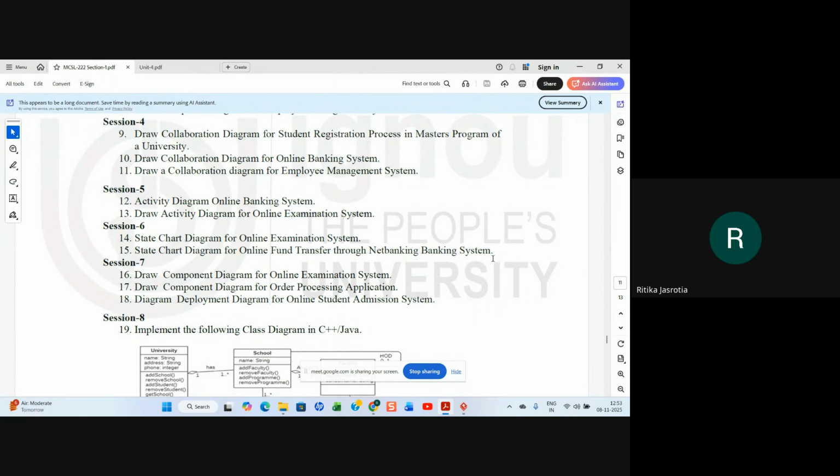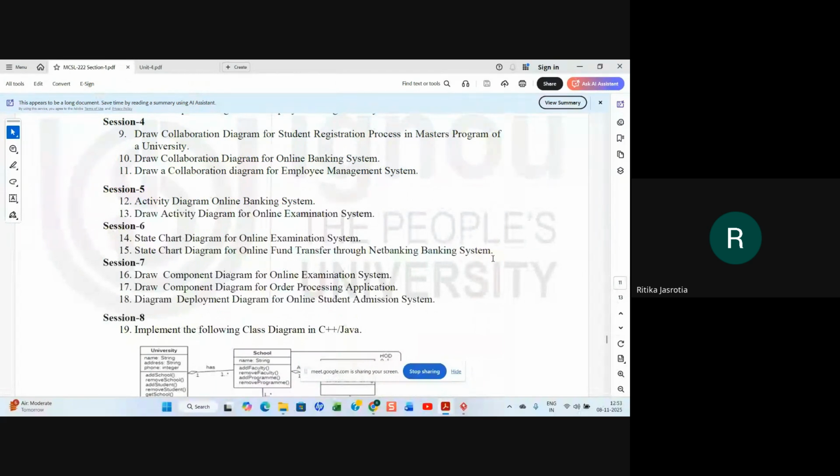If the beneficiary is not added, in the next state you will add the beneficiary. After adding the beneficiary, and if it is already added, both will go to entering the amount to be transferred. After entering the amount, it is transferred and a successful message is displayed, or if it is unsuccessful, an unsuccessful message is displayed, and then stop.